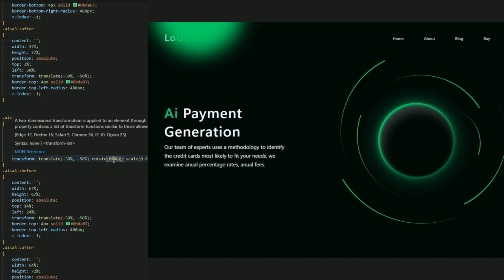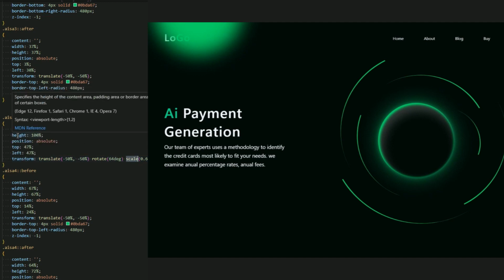And by the way, if you have a question why I add a scale instead of decreasing this width and height, it's because sometimes when you create a before and after, and you decrease the size of this before with the width and the height of this before and after, sometimes the position changes.